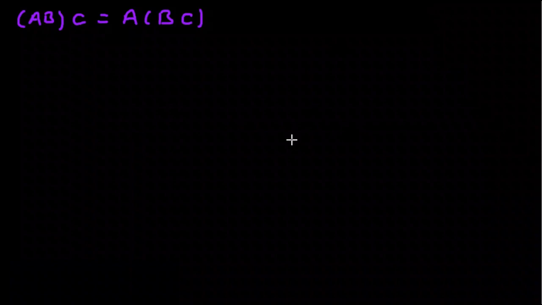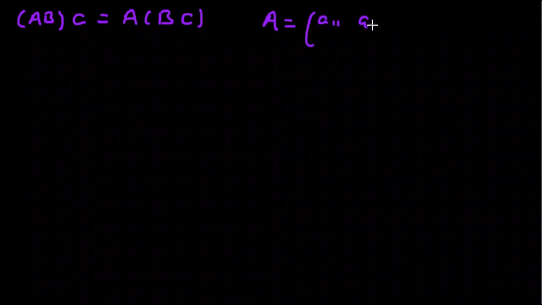Let's prove that matrix multiplication is associative in the 2 by 2 case by directly applying how we define multiplication of two matrices. So we're going to let A be the 2 by 2 matrix with components A11, A12, A21 and A22, and we're going to label B and C in a very similar way, so just replace the little a's with little b's and little c's respectively. We're going to start with this left hand side here,